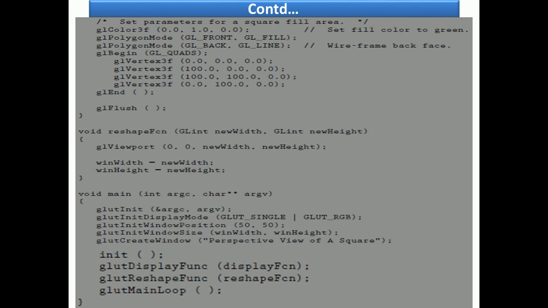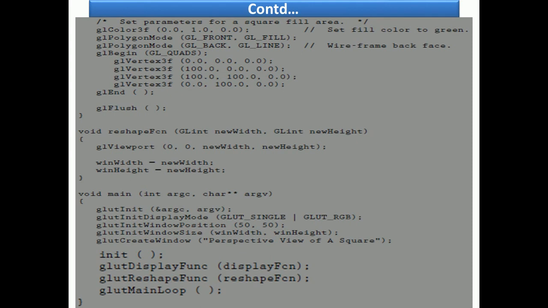glutInit is to initialize the GLUT package. Then glutInitDisplayMode is to set the display mode for single buffer and RGB colors. Then glutInitWindowPosition will set the initial position for the display window. Then glutInitWindowSize will set the size of the display window, in terms of width and height.